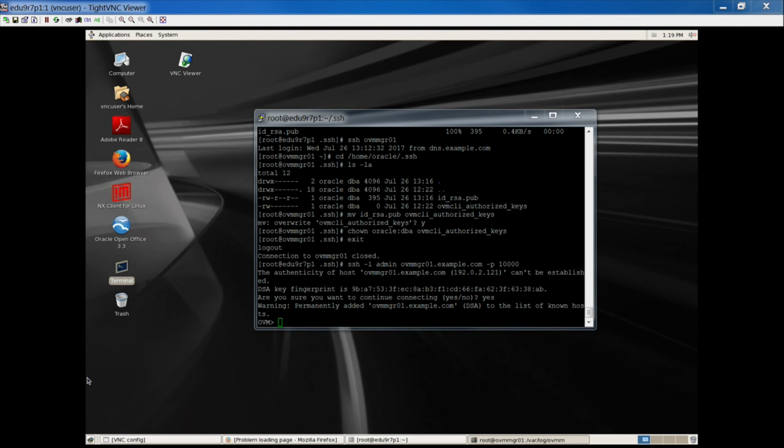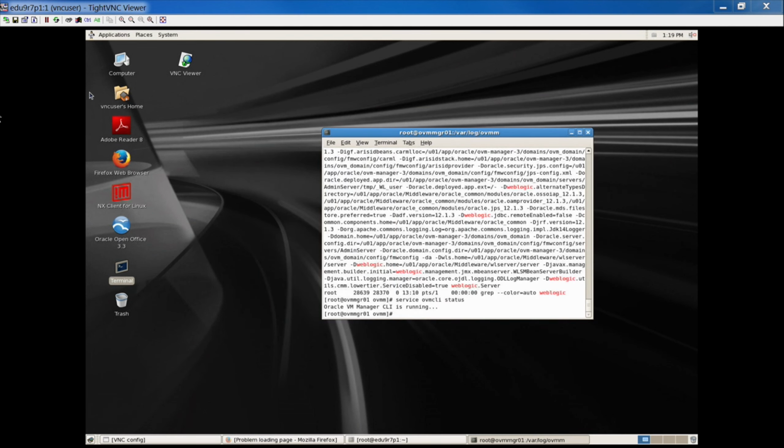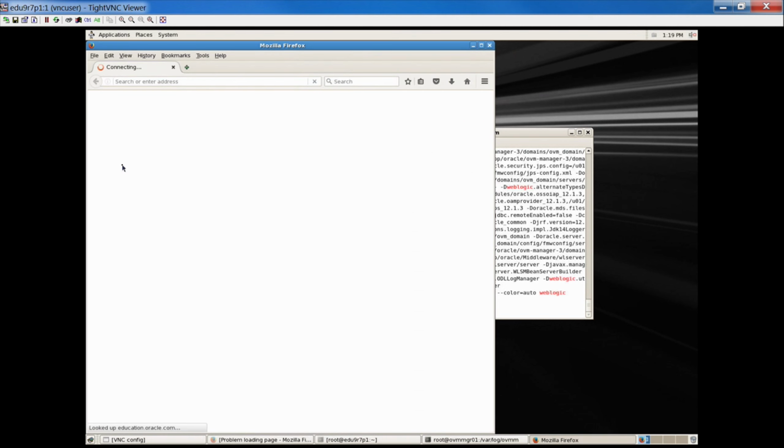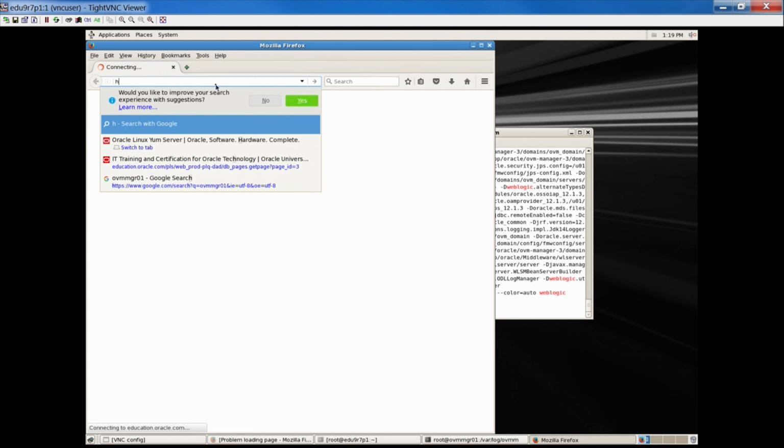Practice 3-1. Discover Oracle VM Server from the Oracle VM Manager user interface and the Oracle VM CLI. For this part, we will go a little bit further. We have to discover our servers from the manager perspective. We will start by using the browser interface. So you have to start Firefox, and then the URL that you have to give here is